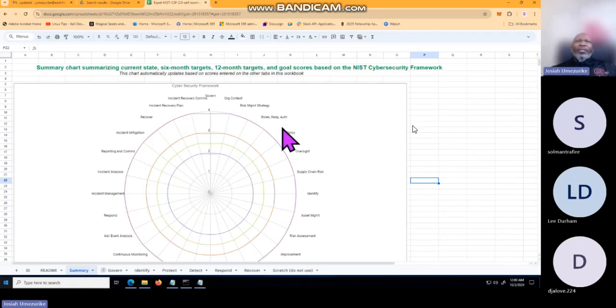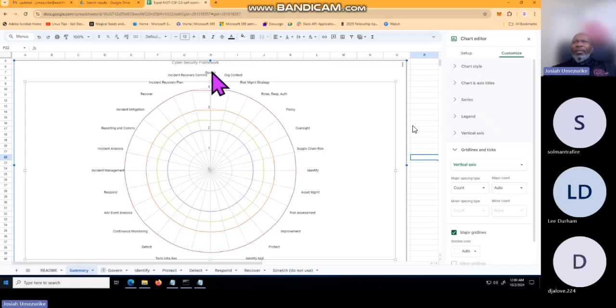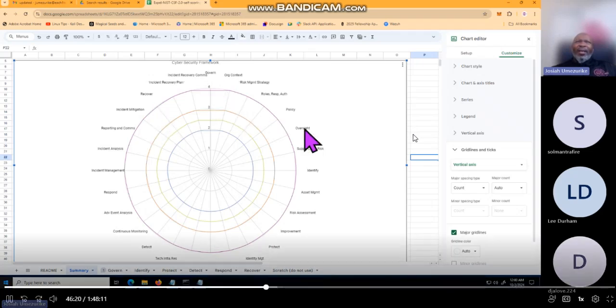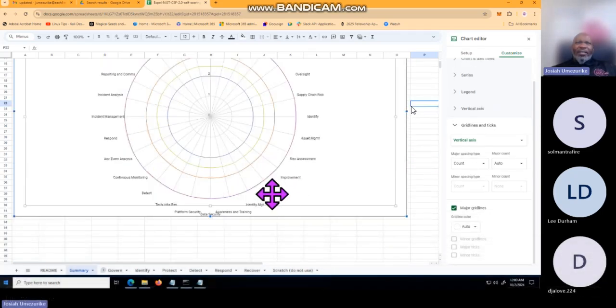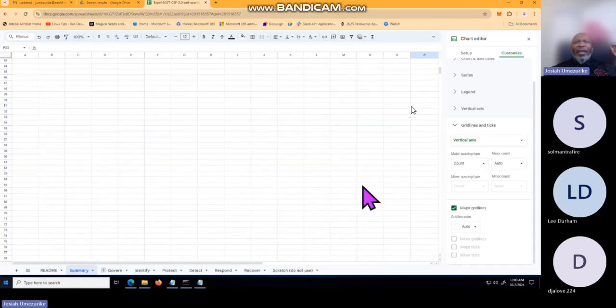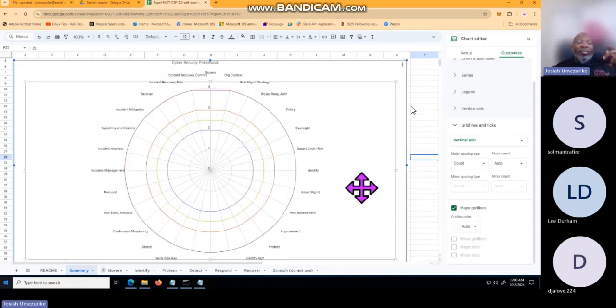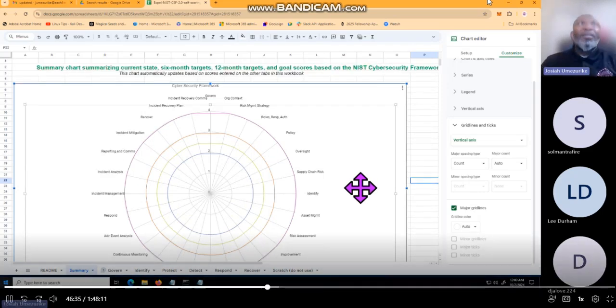So you can also change, like here, the govern is more predominant, as you can see right here. And then you have identify, and then you have protect, and detect is over here. Yeah, so there's 6 of them. And if you go through those measures, you should have some kind of significant